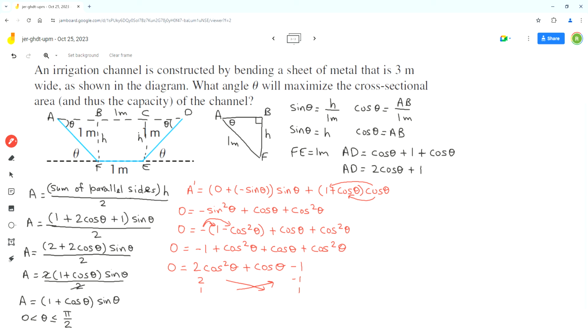So this way 2 times 1 is 2, and 1 times negative 1 is negative 1, and 2 plus negative 1 is positive 1. So we can pair up the 2 with negative 1 and 1 with 1, and we put cos theta with 2 and 1 on the left side. So the factored form is